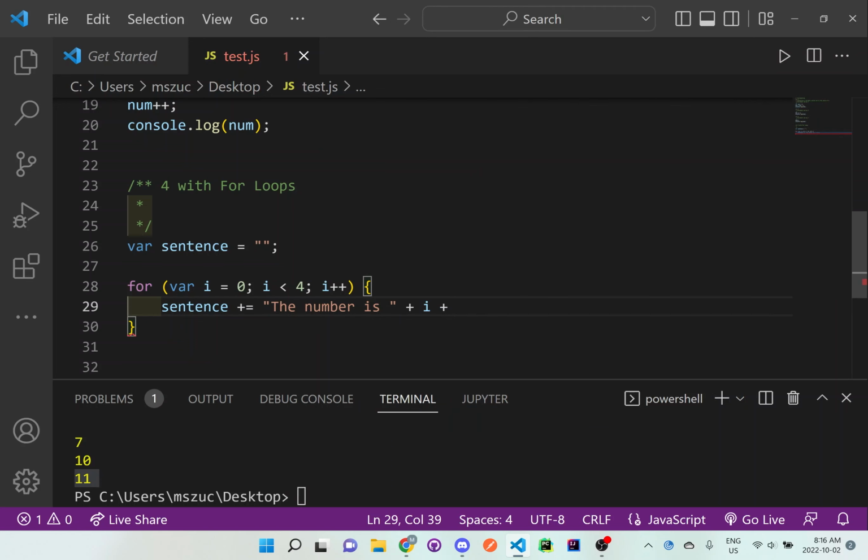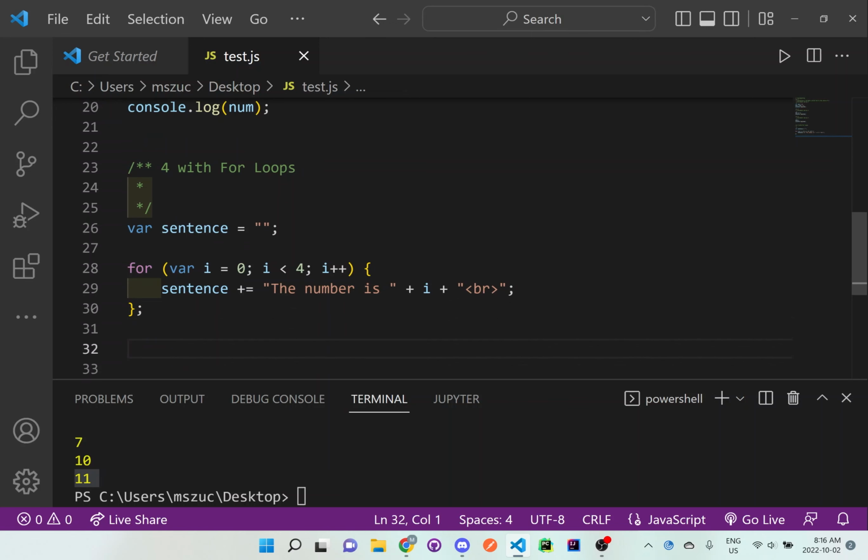And then if we do another plus and add this break in between, what this is essentially doing is just going to put this on a brand new line once it's read. You'll see in a second here. And what we can do now is console.log(sentence);